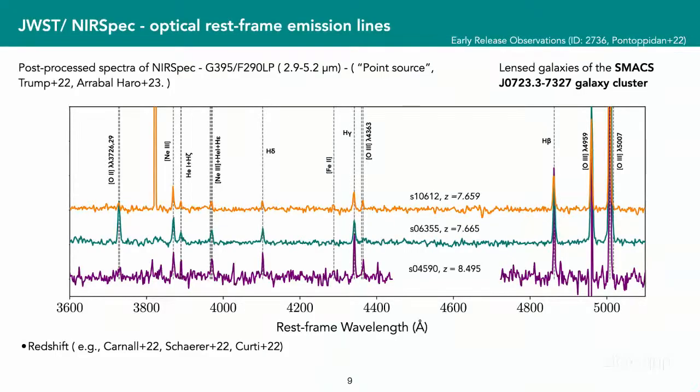I show you here again spectra at high redshift, 7 to 8.4. This is the previous spectrum, and you see here the 4363 line. We can calculate metallicities. We can calculate neon abundances with this line. We can determine the dust composition of these galaxies. Many of the things that we can do in the local universe, before we could not do, we can now do with JWST and this spectrum.